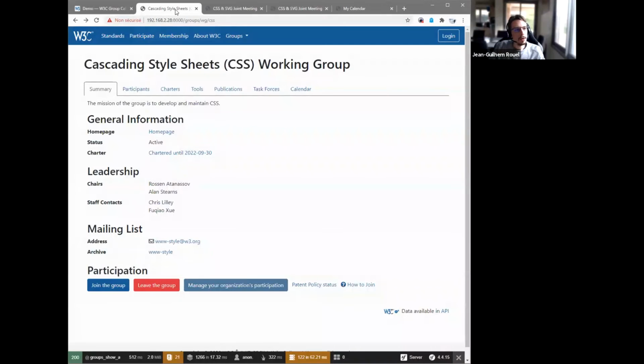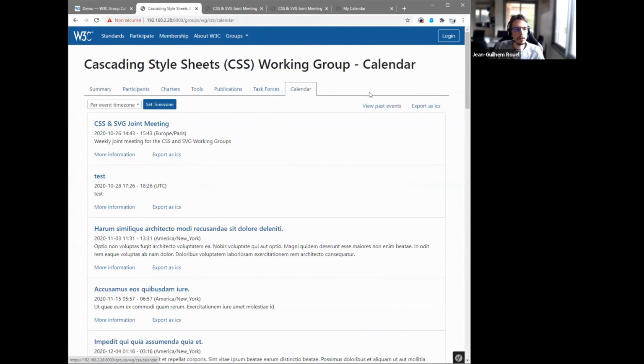And we will first start with where we can find a group's meetings, in this case, the CSS working group's calendar. So if you go to the groups page, as I'm showing you in the presentation, you now have a calendar link, and clicking on it, you will see the calendar for the CSS working group.